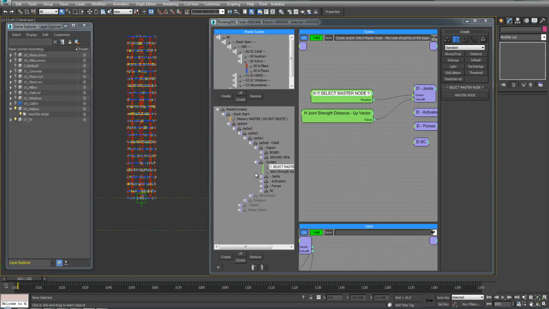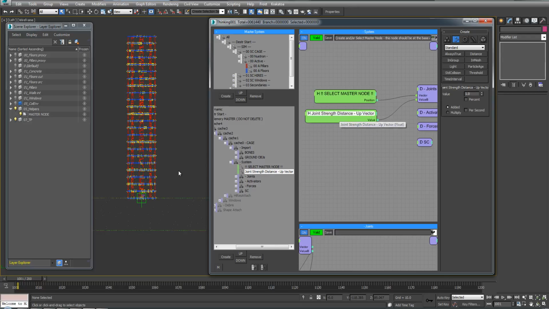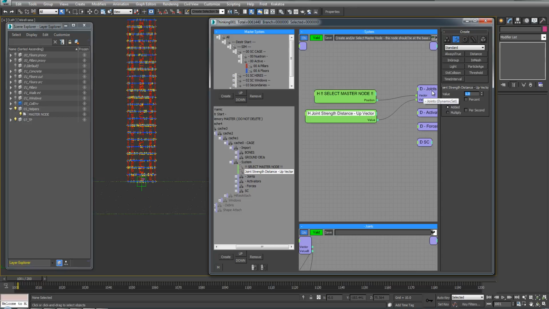First off, the reason we have this selected is, this value here dictates the amount of joints that happen relative to the master node on the z vector, or the up vector. So if we raise this value to 150,